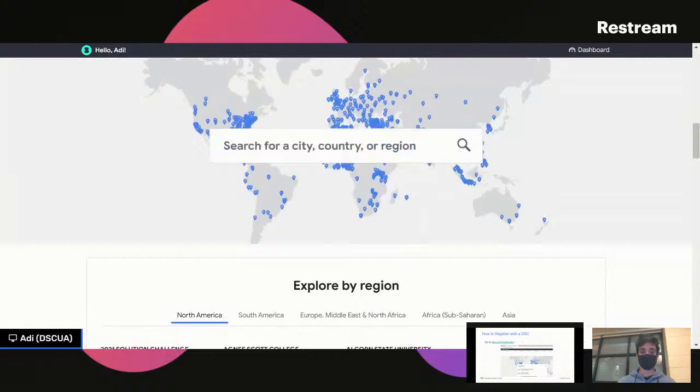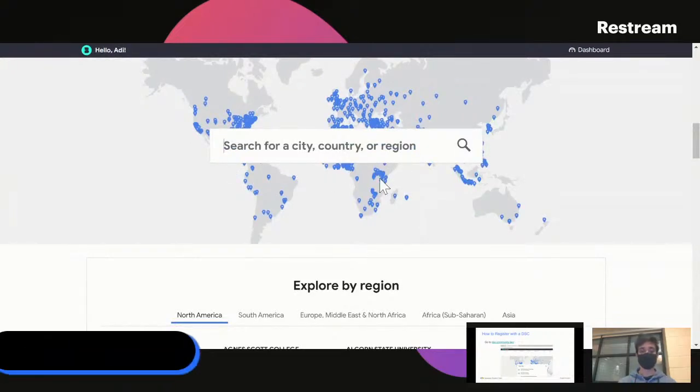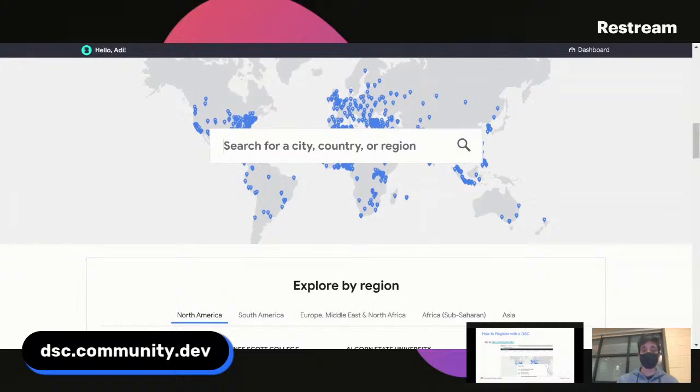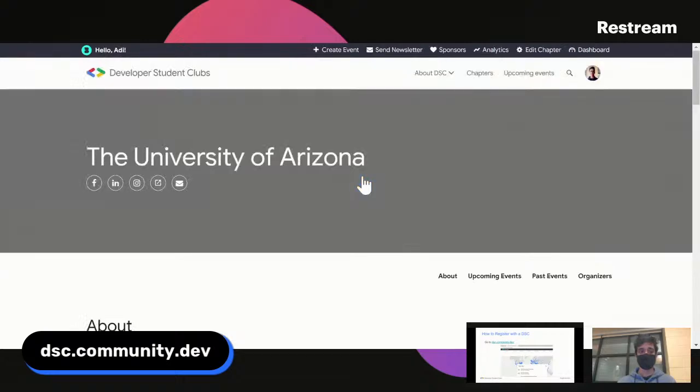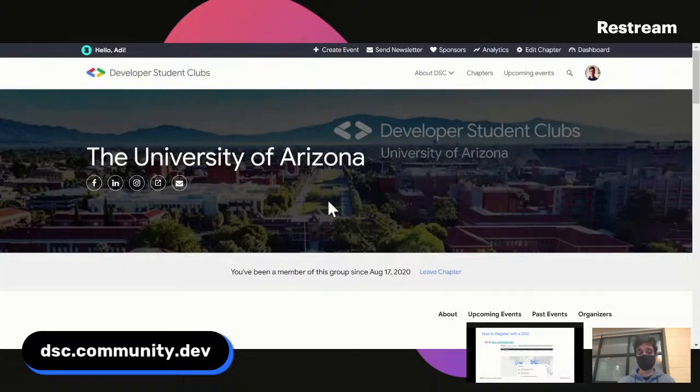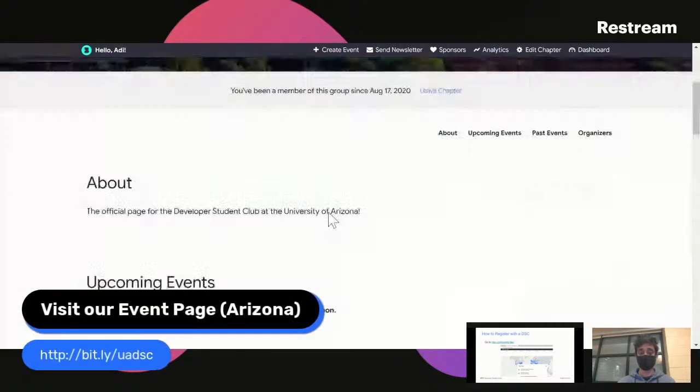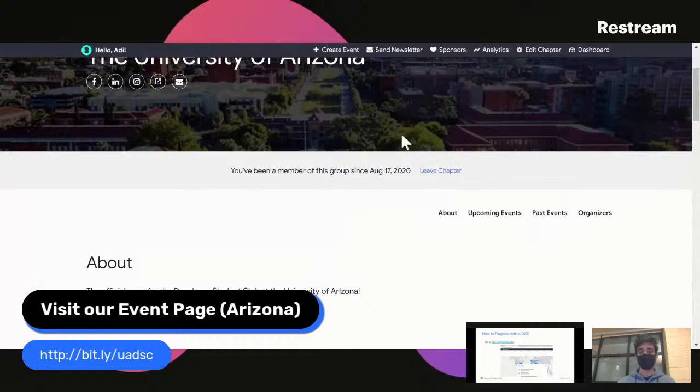And scroll down and search for a city, country, or region. Here you can find the DSC that's closest to you. So for me, it's the University of Arizona, for example. Click that. That's going to bring you to the DSC page for the university. And usually there would be a big blue button that says join, which you can click, and you will become a member of that DSC community.